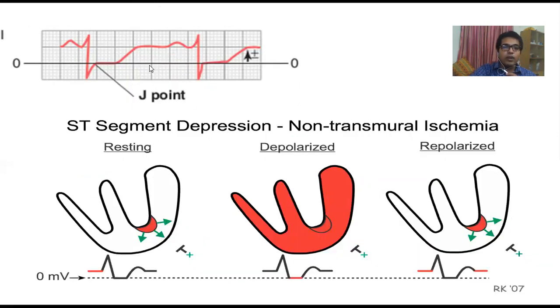So for better understanding, this is the old zero line or baseline. But when there is infarction in the subendocardial area, this baseline is shifted upwards. So this is called the TP segment. Now the ventricular depolarization is completed, and the ST segment remains in the same area. But in comparison to the TP segment, which is shifted upward, the ST segment is expressed as ST depression. So in case of subendocardial ischemia or subendocardial infarction, you will find ST depression in the ECG.